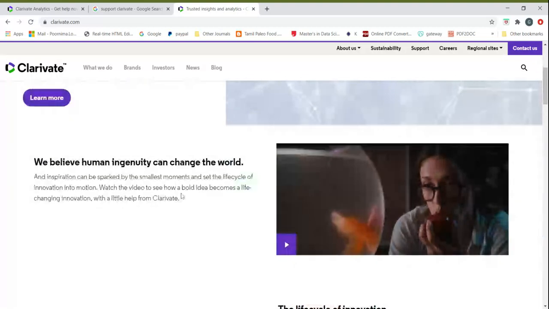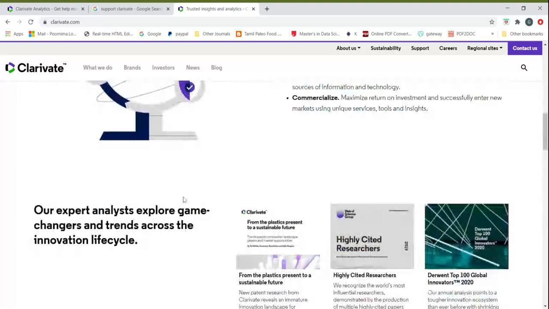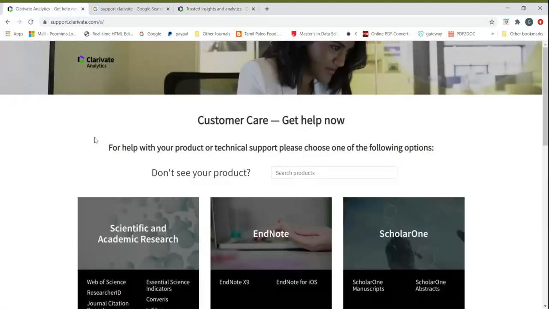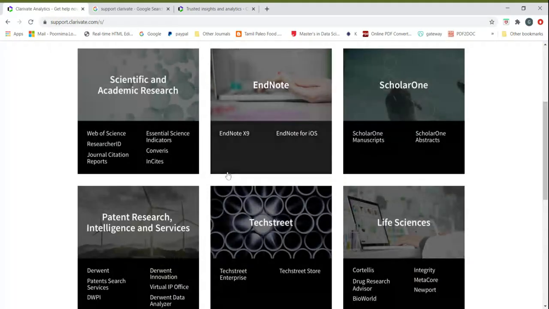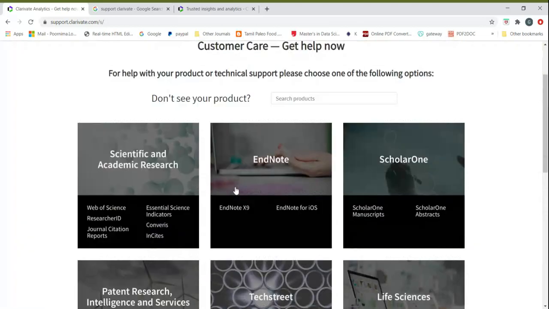Most of the information about Clarivate and Web of Science is covered here. But if you want to talk specifically about any journal and search whether it is indexed in Clarivate or not, then you have to be on support.clarivate.com. Okay, so once you come to this page, there are a few options you can see in the middle of the